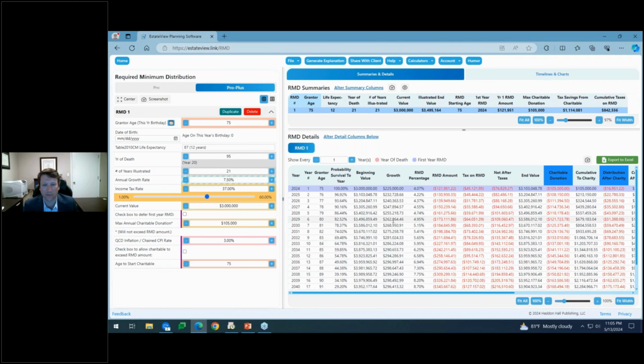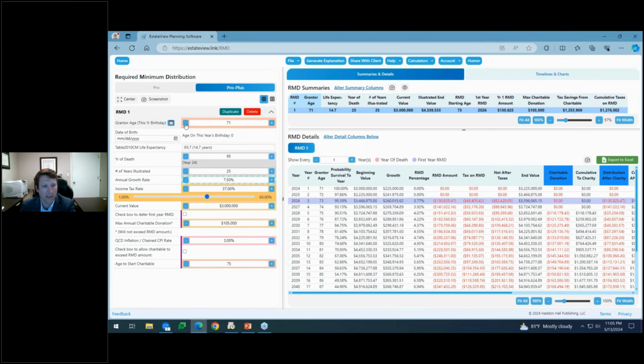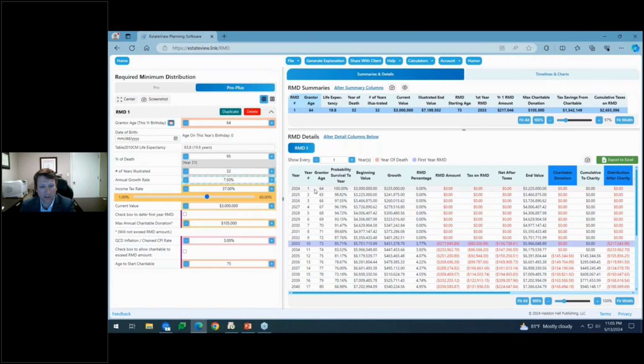We'll show every year for purposes of this illustration. The first year's RMD is highlighted here in purple. So let's say, for example, that we have a 60-year-old, or 64-year-old. The IRA will just build up in value, and then when they turn 73 is when that first RMD applies. So that just shows the build up, and then purple is when we have to start pulling out